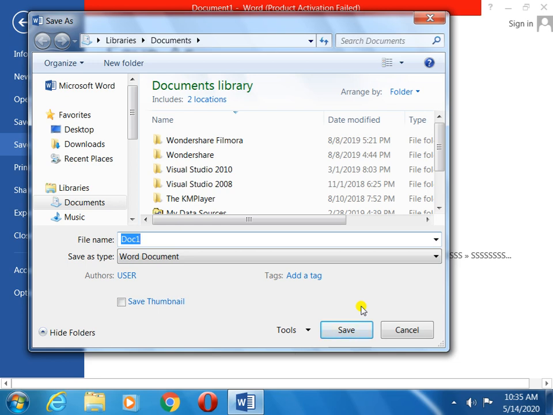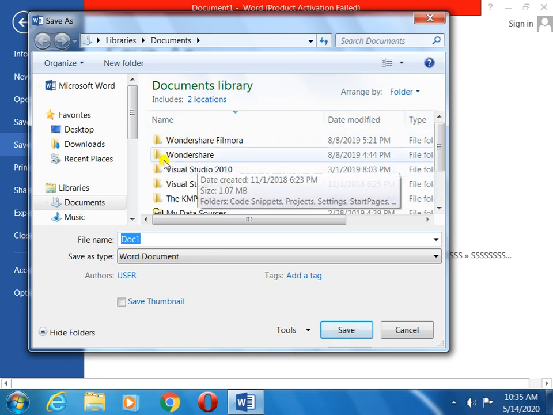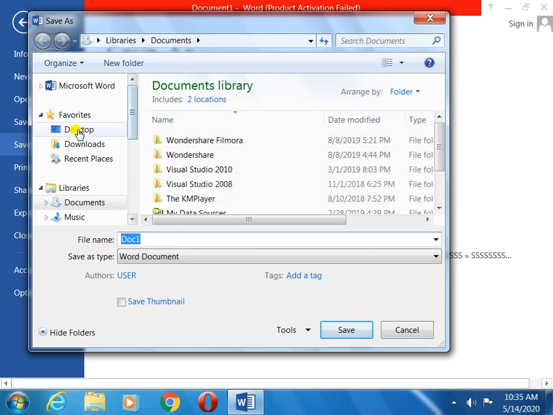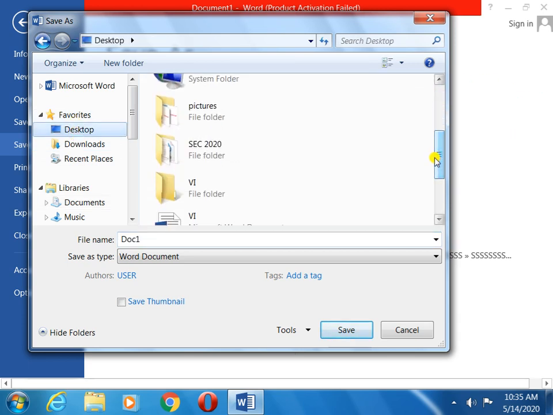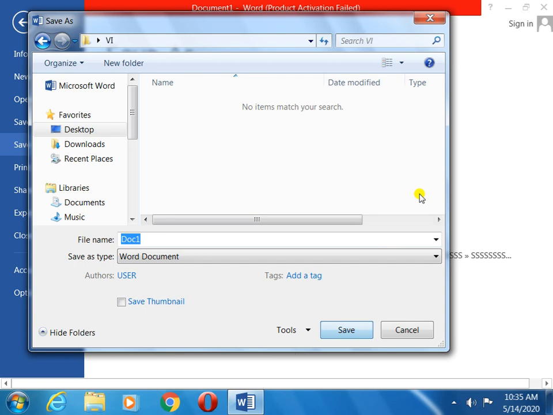We are doing this the first time, so Save As. Now where is my folder? On the desktop. On the left side you can see the Desktop option. Click on the desktop, and you can see my folder 6 is there. Open the 6 folder.